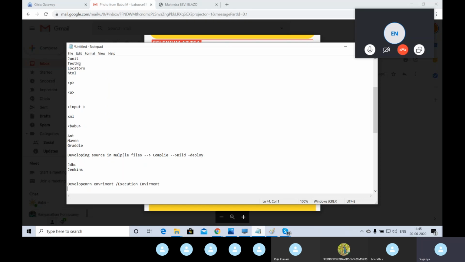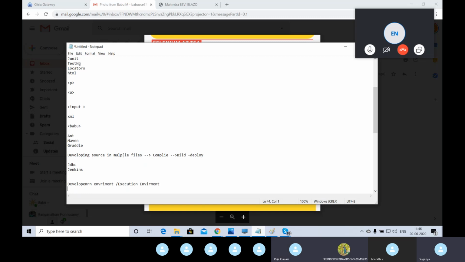Whenever we require, we can manually trigger the execution, or if I want to trigger the build at midnight, we can automatically schedule some time and trigger the execution. We can generate the report through Jenkins. So all this execution activity can be considered in Jenkins. So we are also going to use Jenkins as an execution environment. Got it, guys?